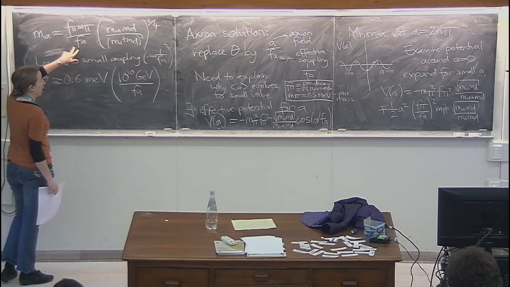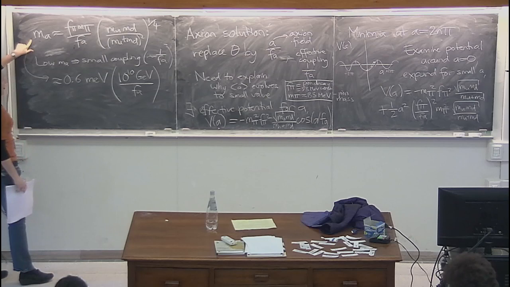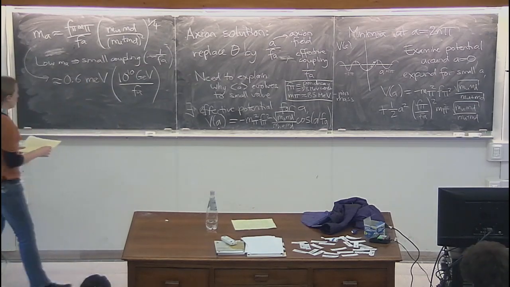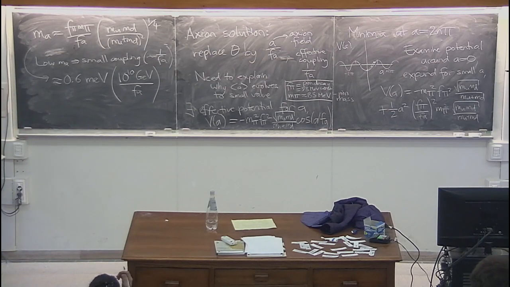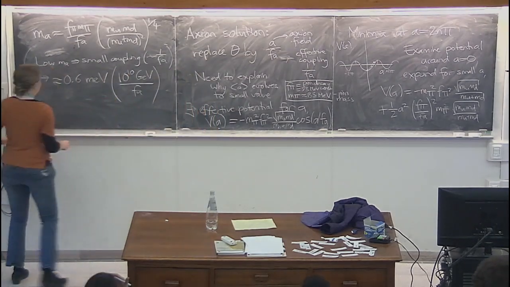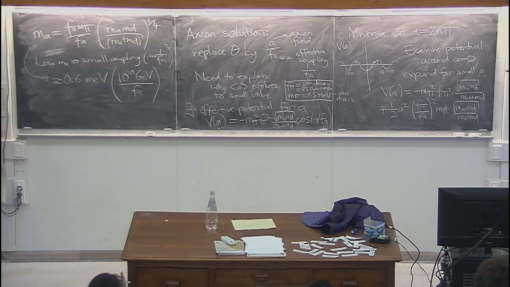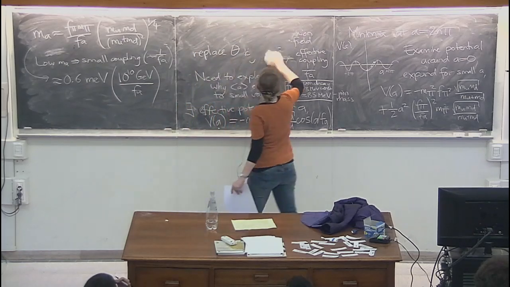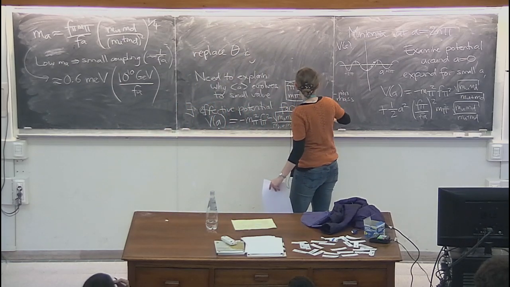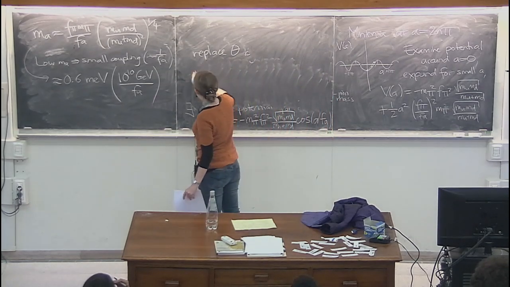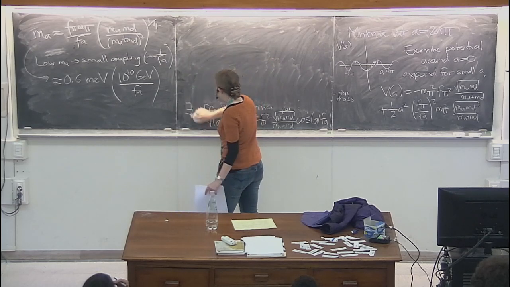So why should I prefer one of these over the other? Why should I prefer the QCD axion to this ultralight axion? Well, the answer, of course, is that we haven't observationally seen the axion anywhere, except possibly in the strong CP problem. So we can set pretty strong constraints on heavier axions. And the other reason is that the light axion interacts so weakly that it was never in thermal contact with the standard model. And as a consequence, it can be a good candidate for ultralight, cold, dark matter.